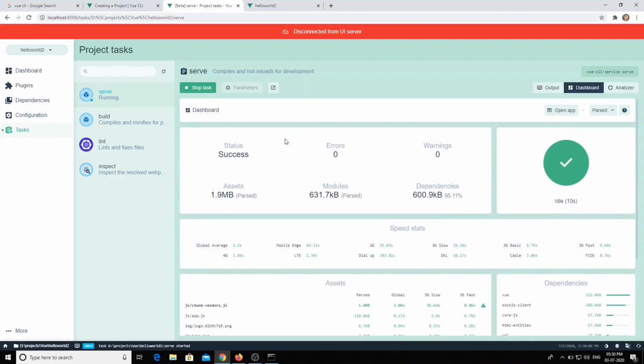But remember that this is a beta interface actually, so it will not support that much for us. In future versions, it will have a lot of features. Anyway, some people who don't have that much interest in using the command prompt can take another approach, so that they can use this Vue UI option.